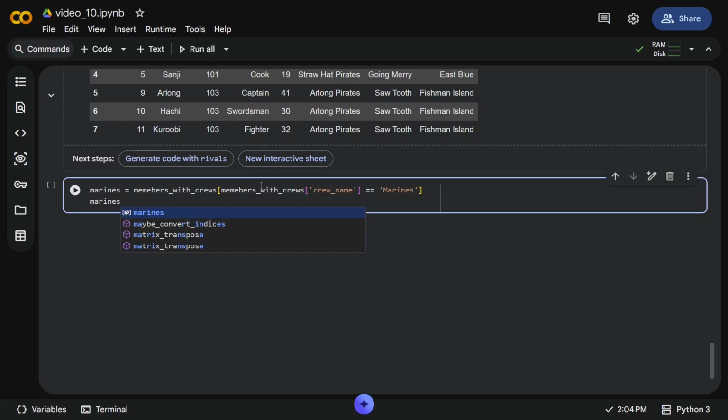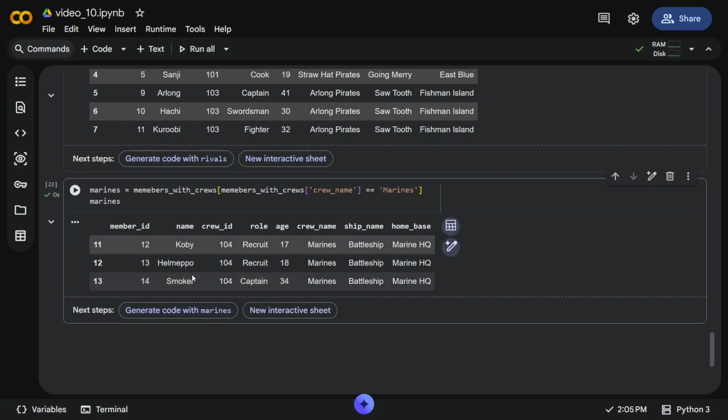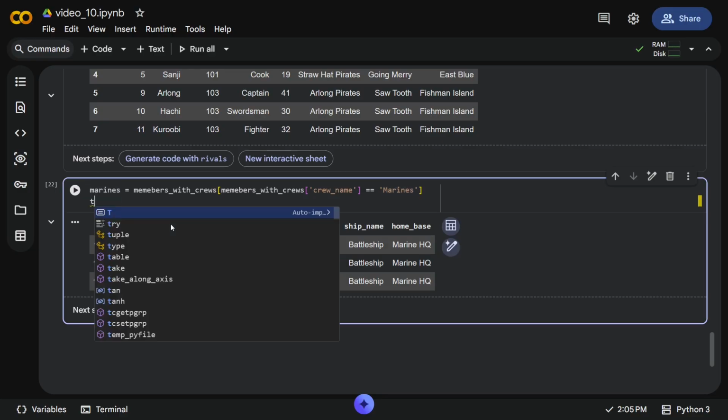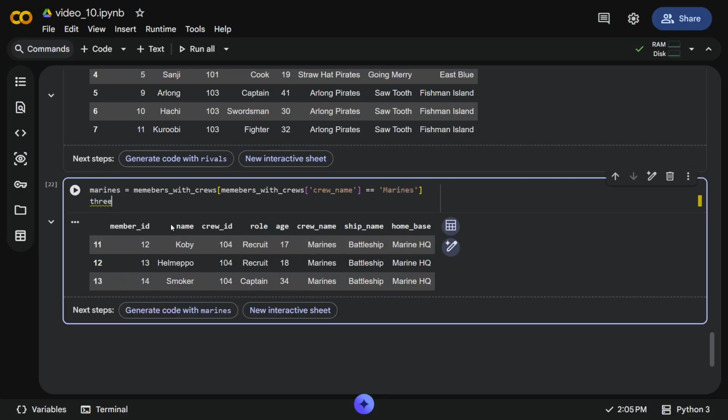Marines. Here we are. So now let's do a three-way